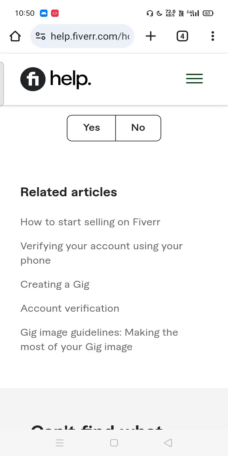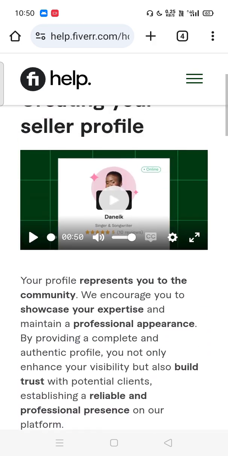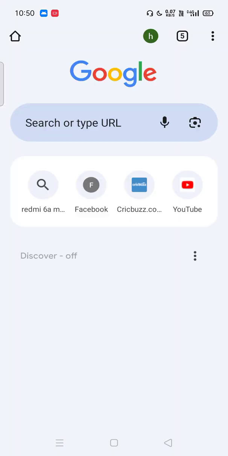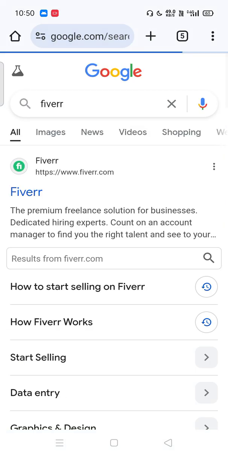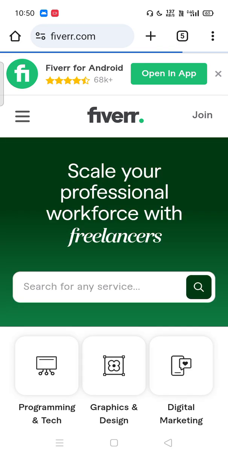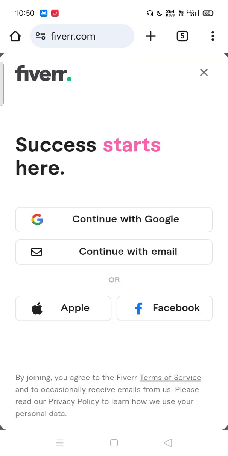Now I will show you how the Fiverr application works. I just showed you theoretically all the points of how it works and how to start. Now we are going to start using this application. First of all, you need to go to fiverr.com, and if you are a new user, then you first